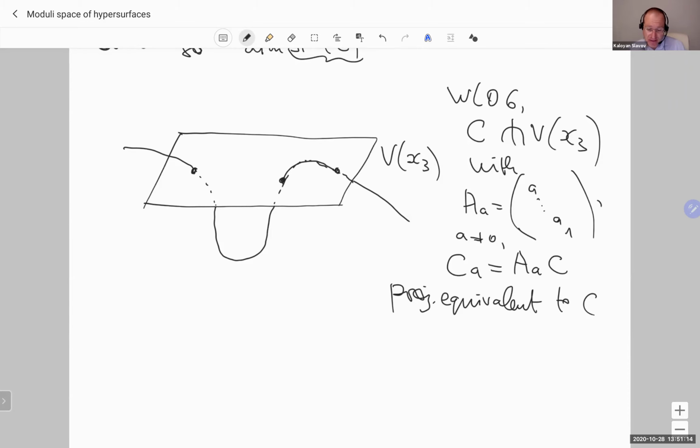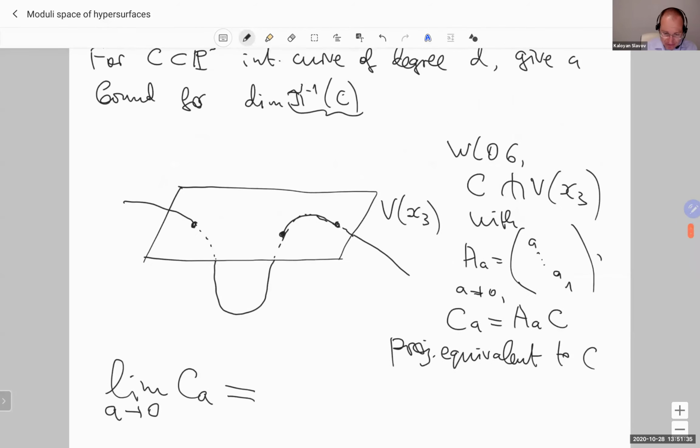When you have a flat family over A1 minus the origin, you can take a flat limit, the limit as a goes to 0 of C_a. What do you get as the flat limit? Well, if I take the point 0, 0, 0, 1, it turns out that for the flat limit, you get topologically a union of lines,